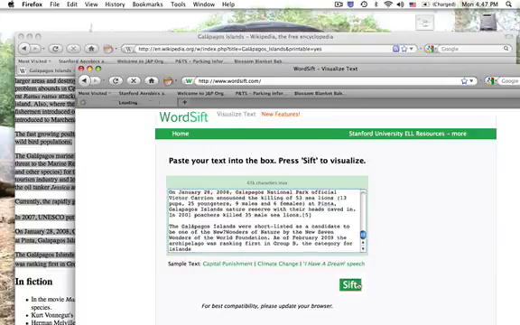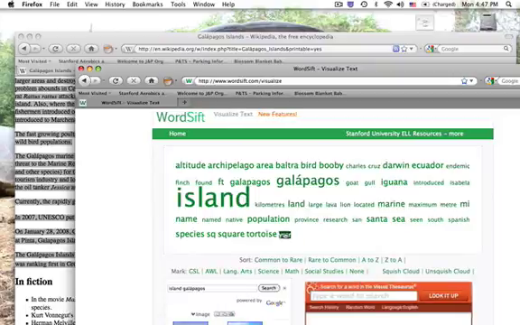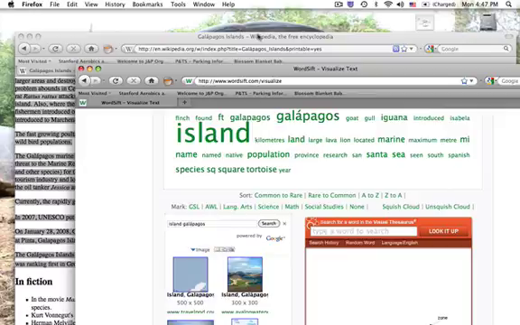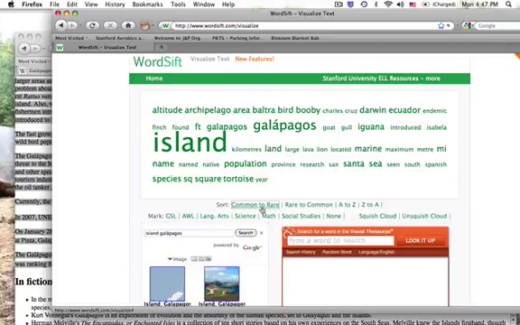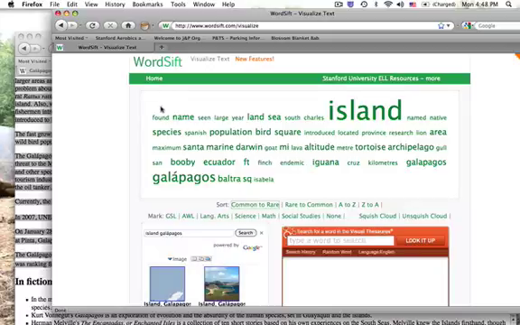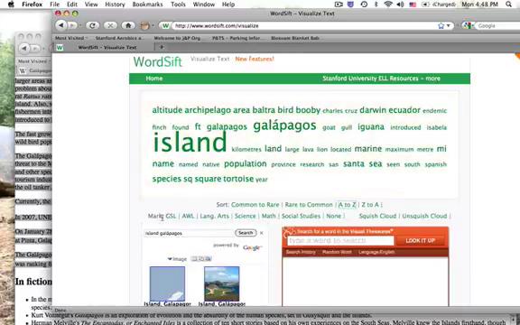WordSift is going to display the 50 most frequent words that appeared in this text. New features have been added from the previous version of WordSift that allow me to organize the words from common to rare. In this case, the most common word is found in the text, and the least common word is Isabella, which is one of the names of the Galapagos Islands. Then I can put them rare to common, organize them alphabetically, and then I can also organize them by